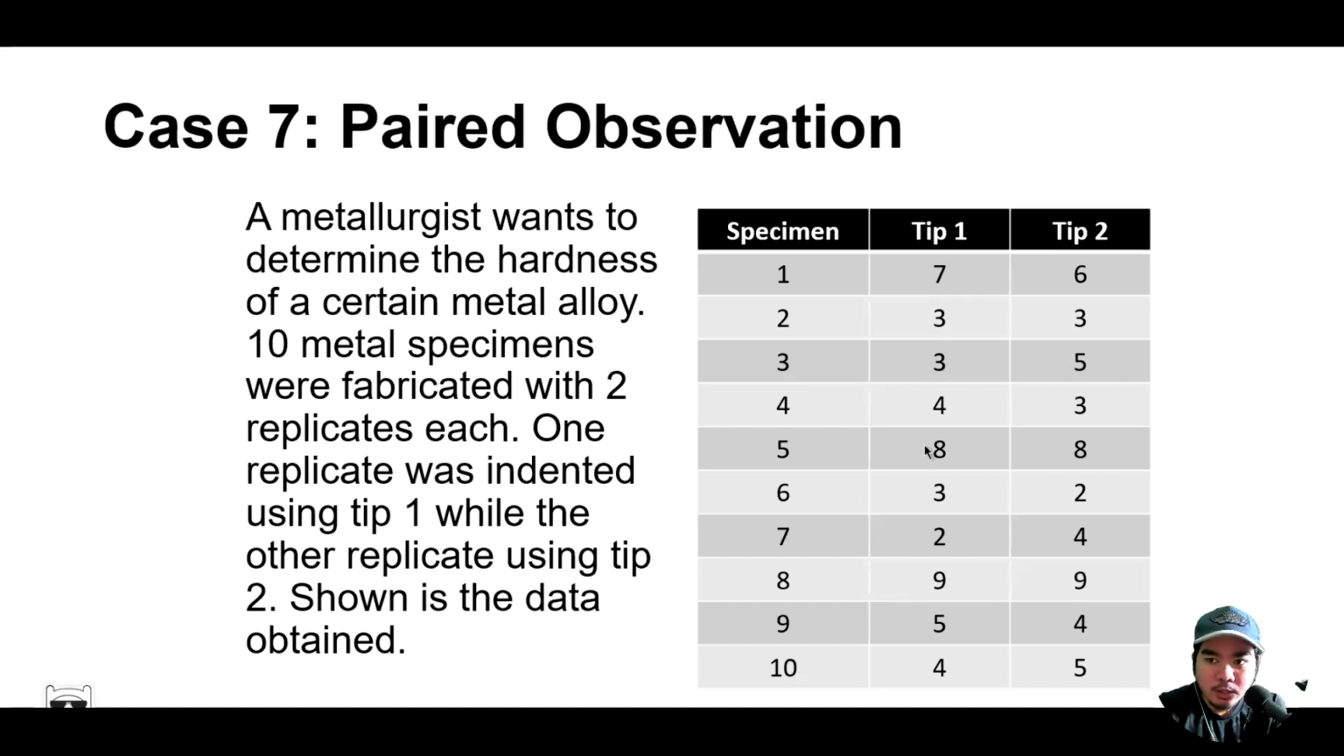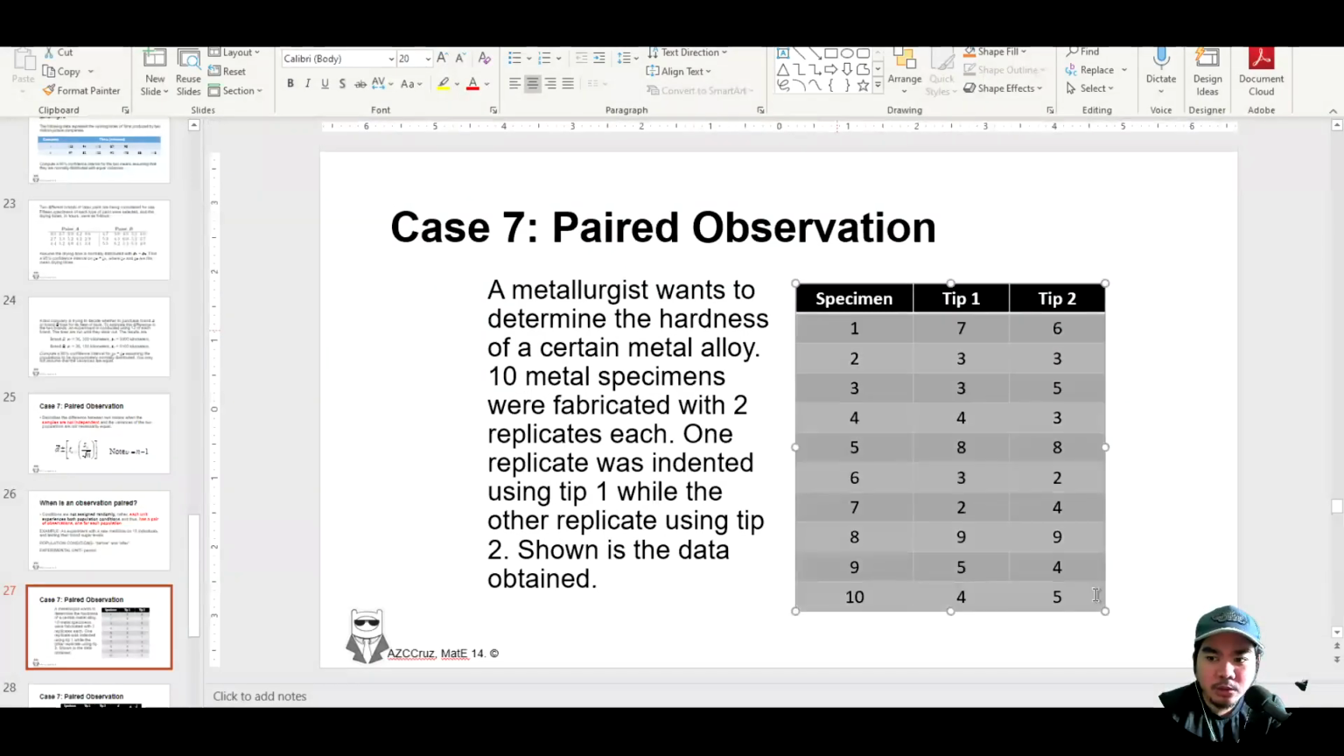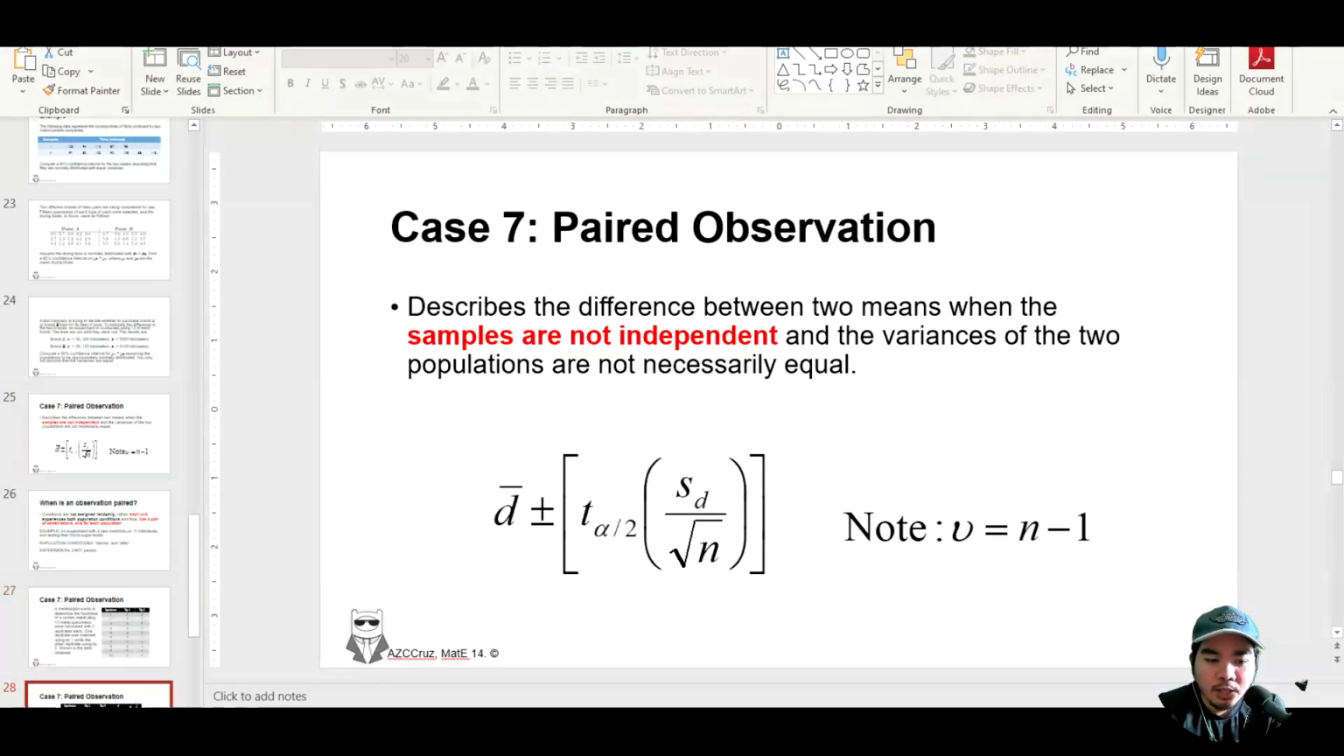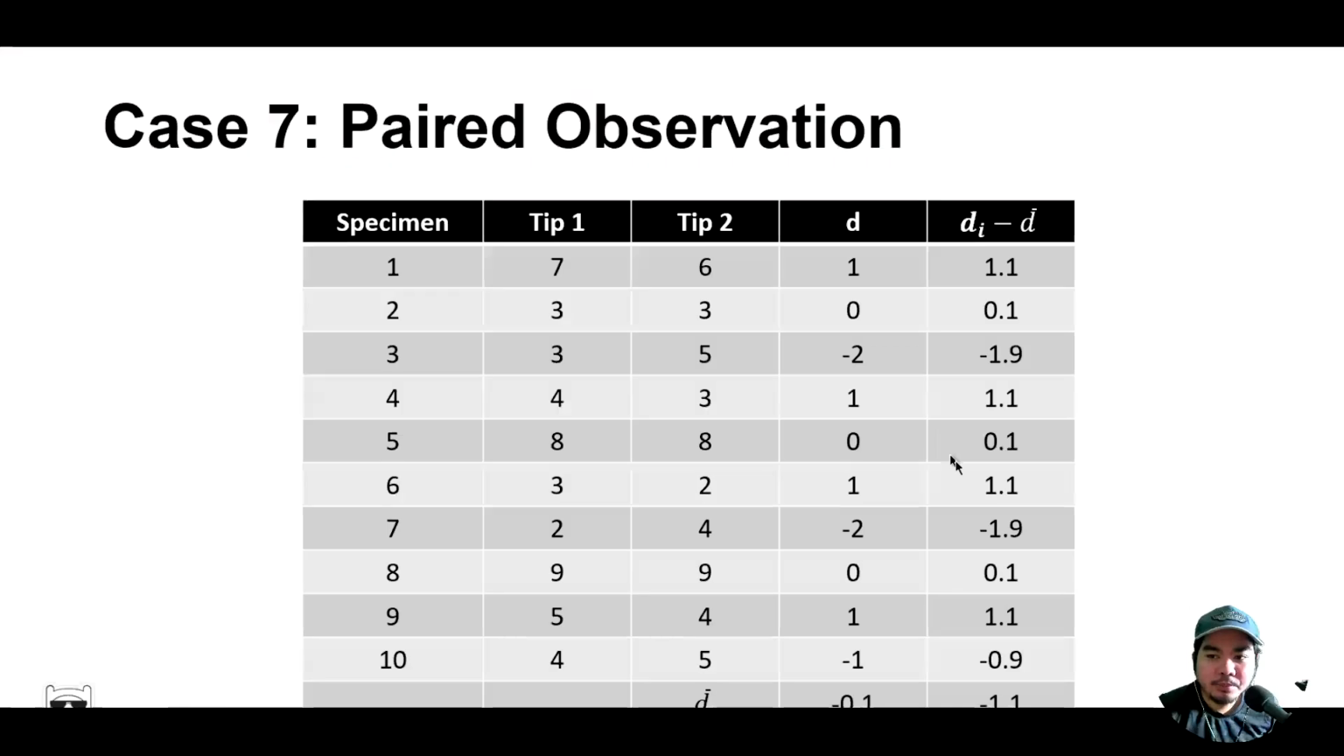Let's try to do this. I'll just show you the quick method. So the long method is that we do something that looks like this. We create a table. So meron tayong tip 1, tip 2, get the difference between tip 1 and tip 2. Tapos kukunin natin yung difference niya minus the average difference of the total observations. So ito 1, ang average nito